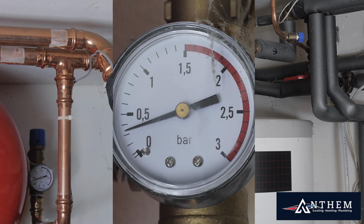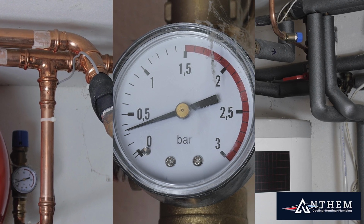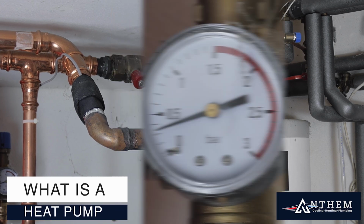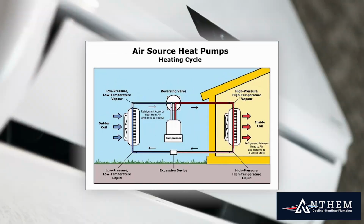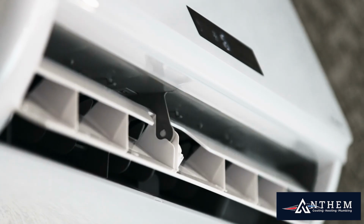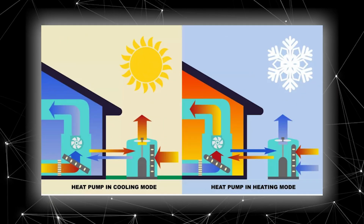Today we're exploring how energy-efficient heat pumps are compared to traditional HVAC systems, specifically for homeowners in Coachella Valley. So, what is a heat pump? It's a device that can both heat and cool your home by transferring heat. In summer, it acts like an air conditioner, and in winter, it pulls heat from the outside air into your